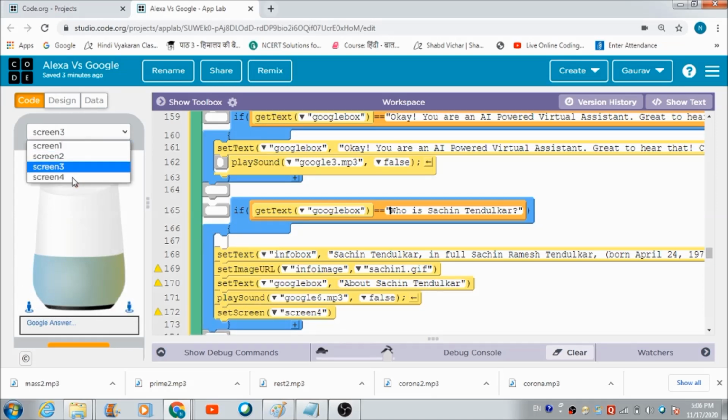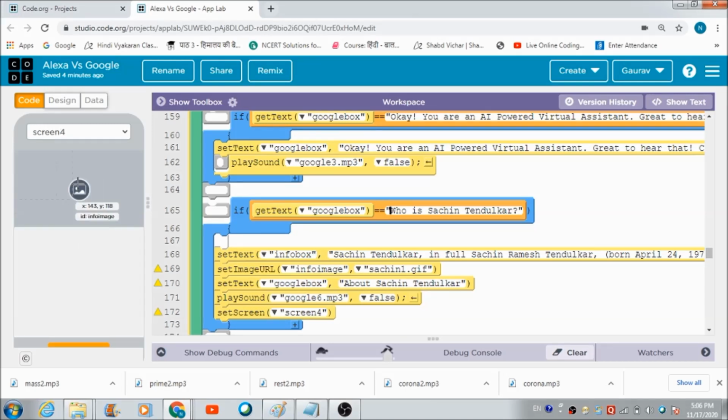When the second user who is working on the assistant's panel hits this receive button, he is going to get redirected to this screen 4, where he will be able to see this text written in this info box.